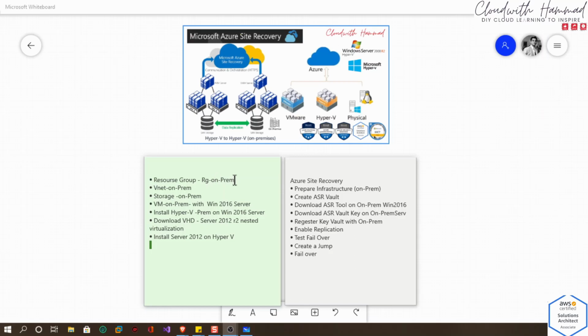The first part will prep the on-prem resource group, and then we'll install the VNet and then storage, and then in that resource group we'll deploy a VM, a Windows 2016 server. We'll use a nested virtualization machine size, so I think it's DS v3, or v4. We'll look into that as well, and then we'll go ahead and install the Hyper-V service and role via Server Manager,